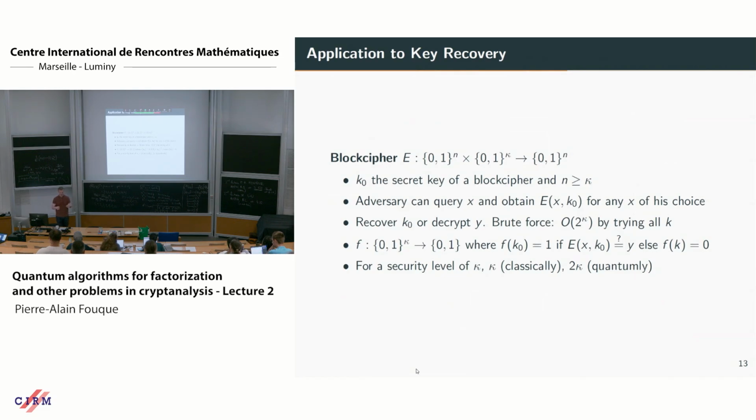A lot of cryptosystems use elliptic curve cryptography, and since the keys are smaller, maybe it will be easier to recover the elliptic curve discrete log. However, currently it's still hard to do this because